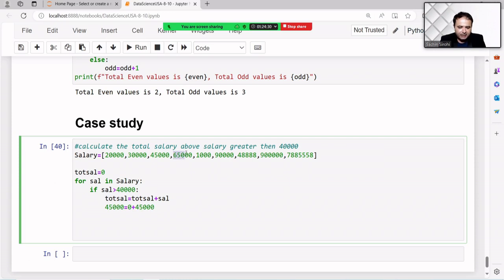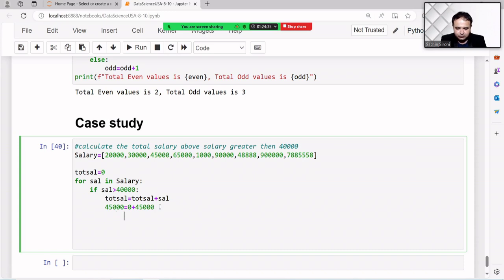When we iterate the second value, you can see the 4500. Now the value of cell is total cell, this one, plus this one. This is the logic. So it is the internal working of this one. Got it?